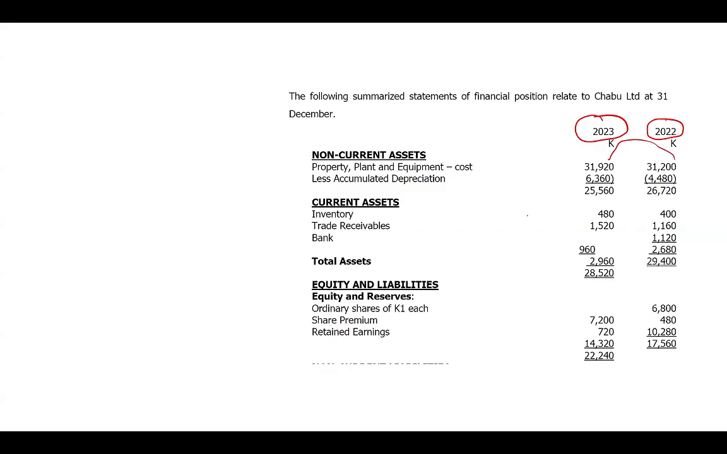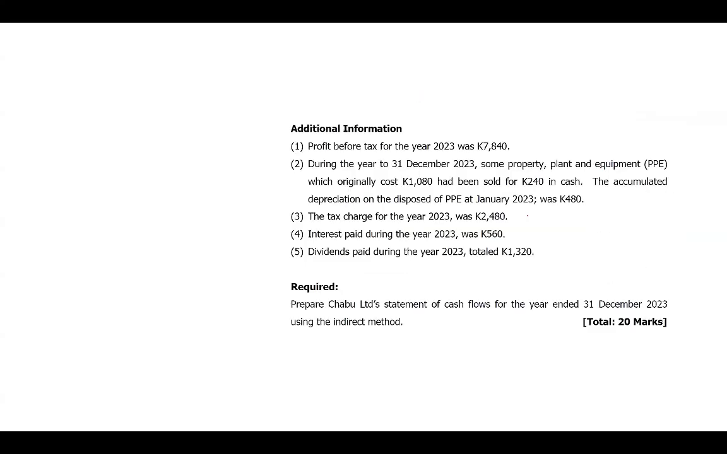There are times when I've seen some questions where the latter year is there. 2023, for instance, is there. And the previous is here. So you need to be careful because your movements must start from the previous year to the latter year. So here we are, we have property, plant and equipment and accumulated depreciation. Then,